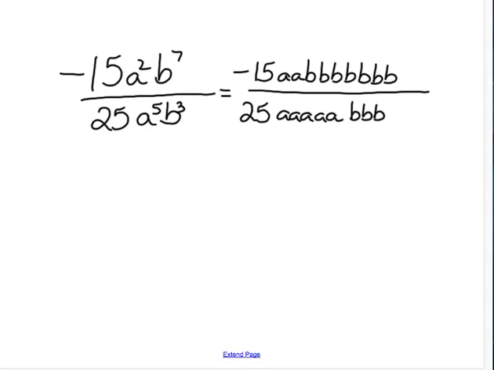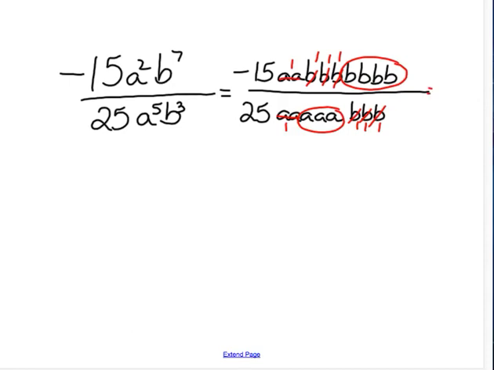Now go ahead and reduce where you can. A over A, you'll notice I'm crossing them off in pairs. That'll both reduce to 1. I've got a B and a B, B and a B, B and a B, and these all reduce to 1. And what I'm left with is B to the 4th on top, A to the 3rd on the bottom,